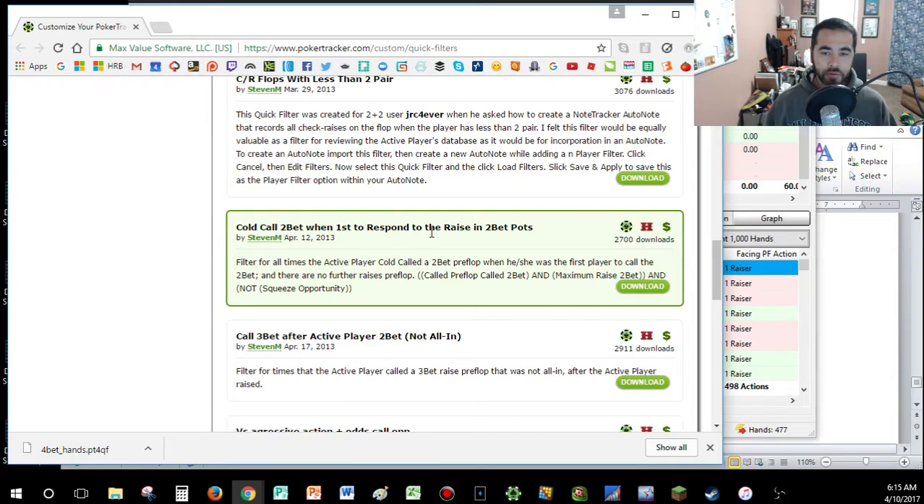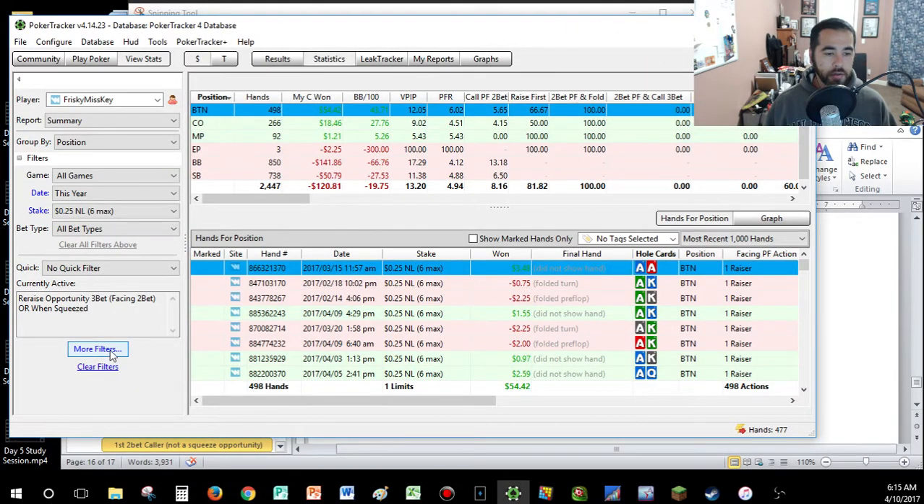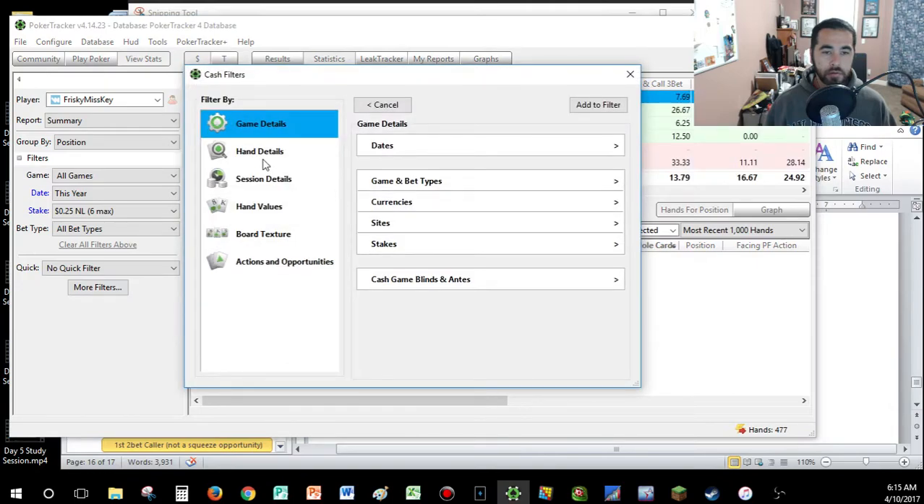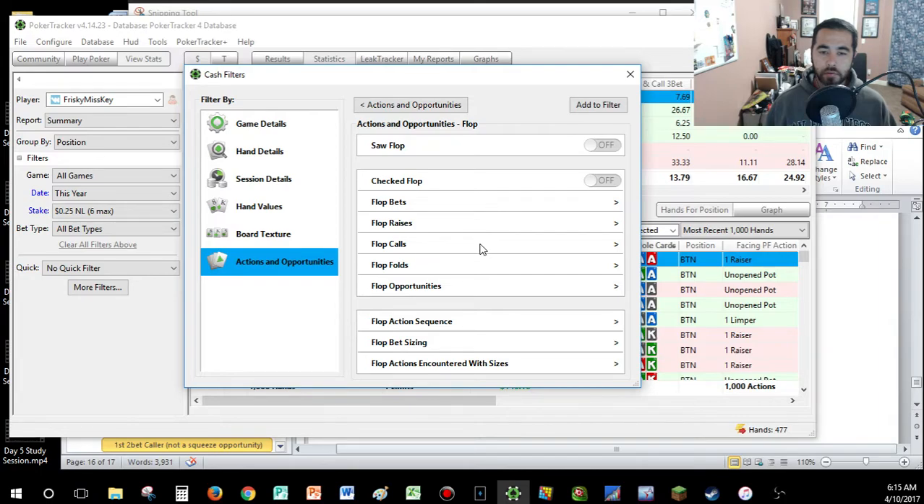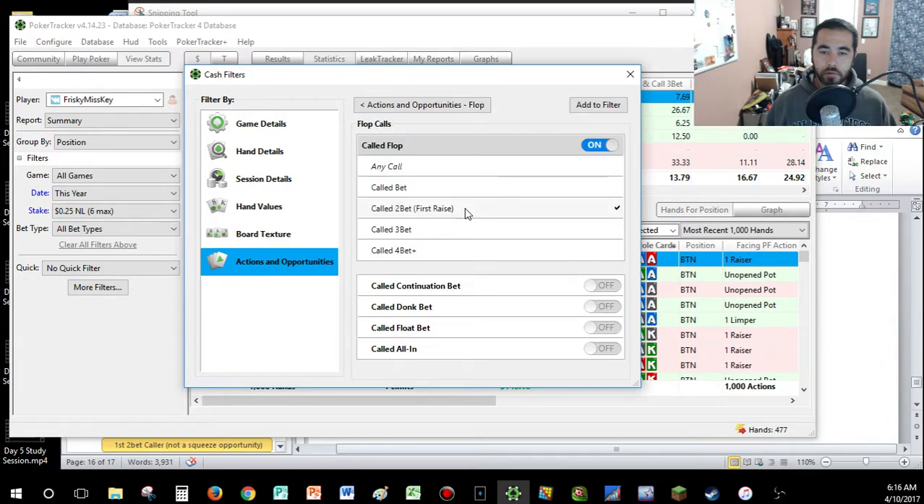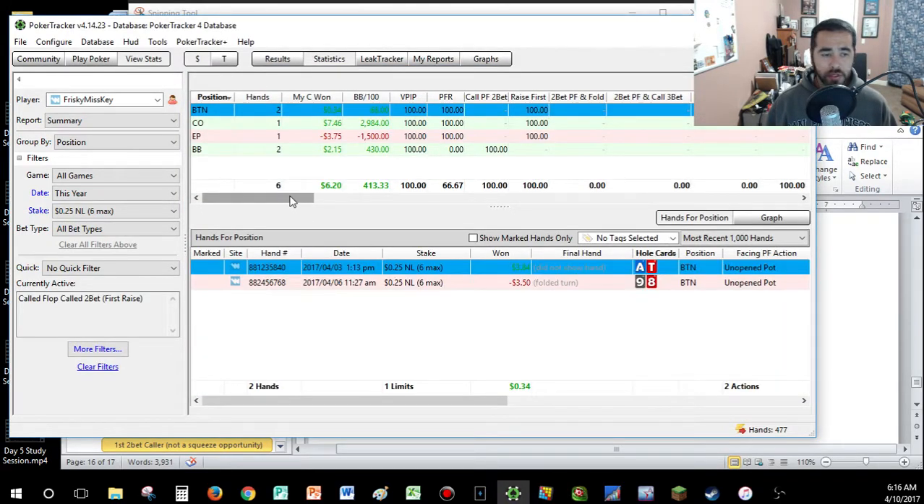Cold call a 2-bet when first to respond to the raise in 2-bet pots. Cold calling a 2-bet. Called the 2-bet. So this is what I would do if I'm trying to figure out how I play when I call a 2-bet. This is all I would do right here, because this will give you every instance where you called a 2-bet. Nice and simple. If you want to look at spots particularly,